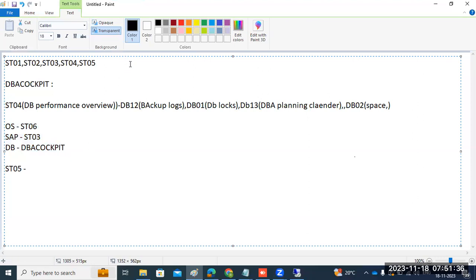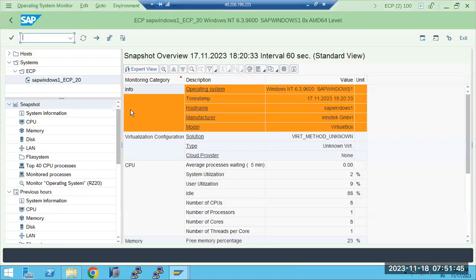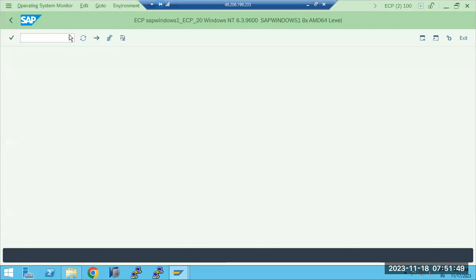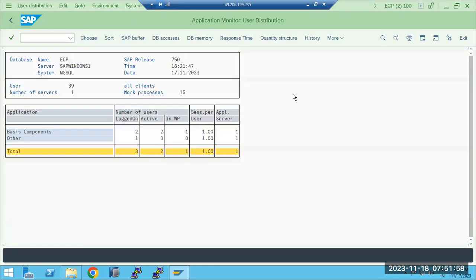So that is ST06 and performance. The next one is ST01. Then there is just a small transaction code, ST07 here. This is called the application call load distribution, which means the application monitor. Application monitor means